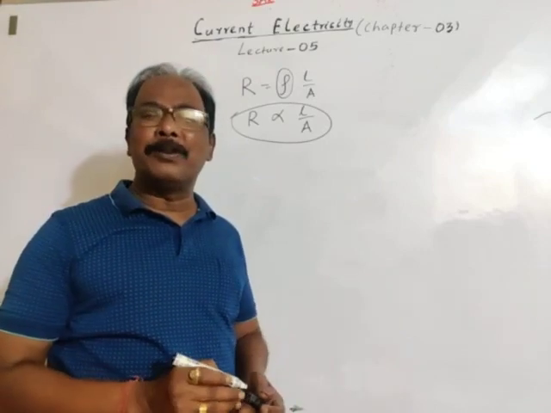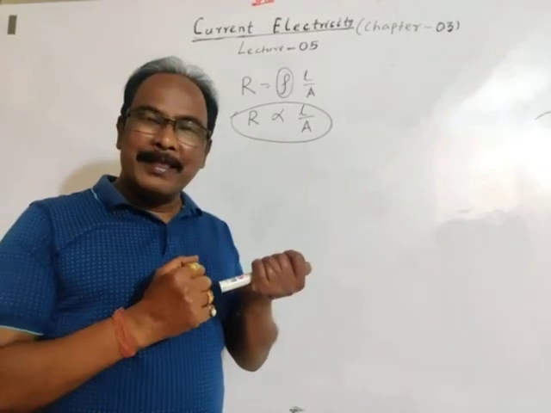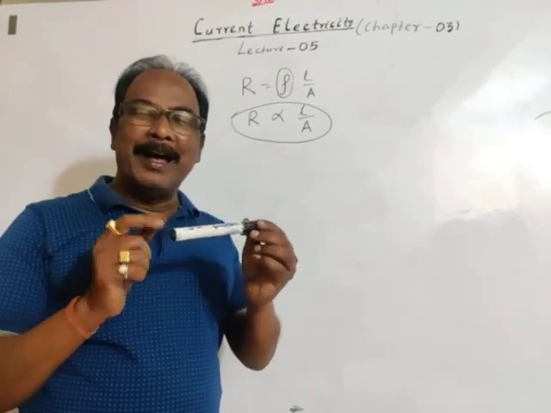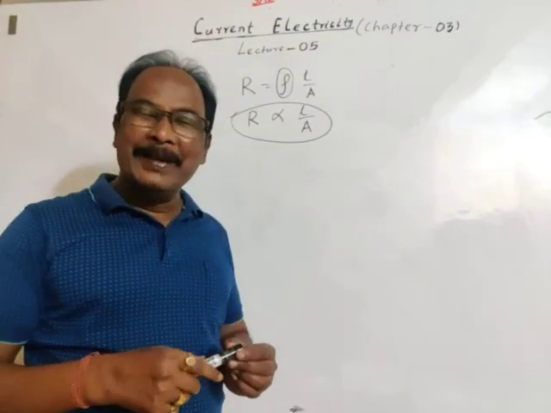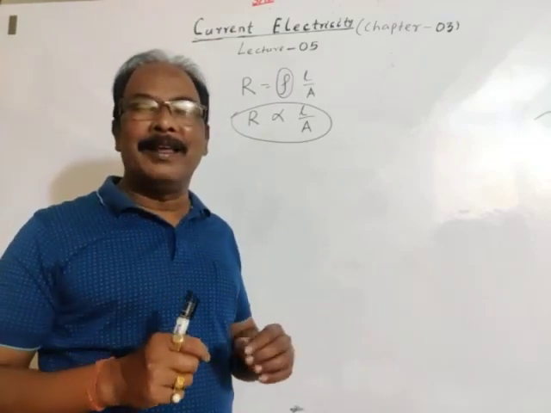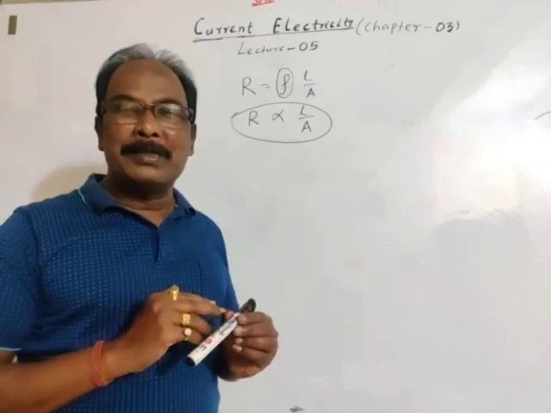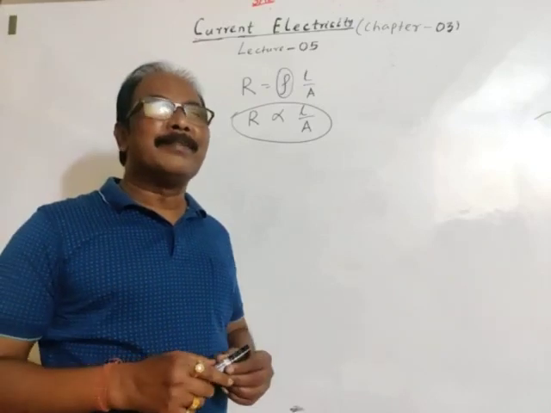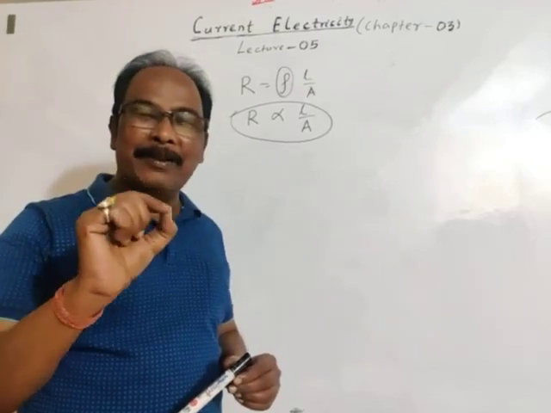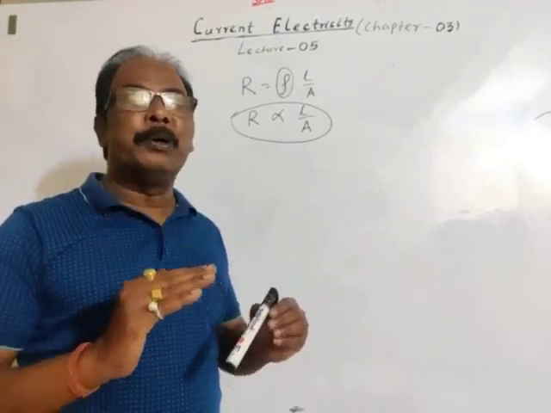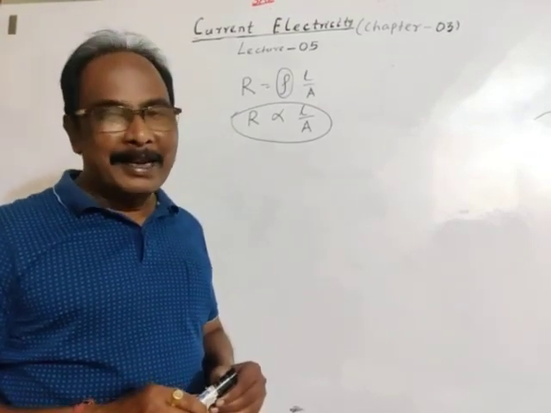We will have different ranges of numericals. What will happen to the resistance if a conducting wire having certain resistance is elongated or compressed, due to increase in length, decrease in length, increase in area of cross section, or decrease in area of cross section? We will have some basic numericals as well as some application level numericals which are helpful for your future competitive studies like NEET and JEE.